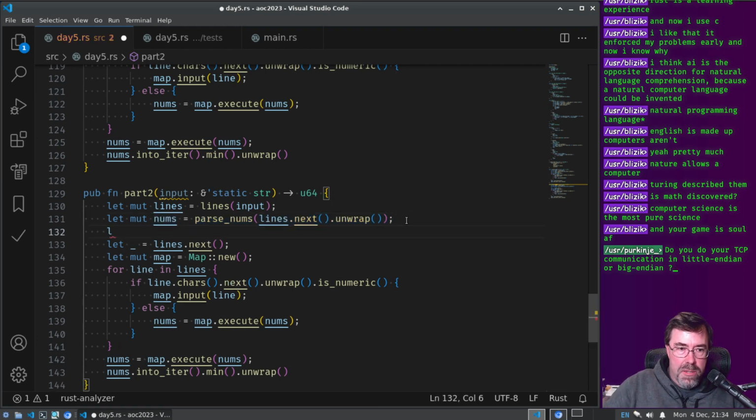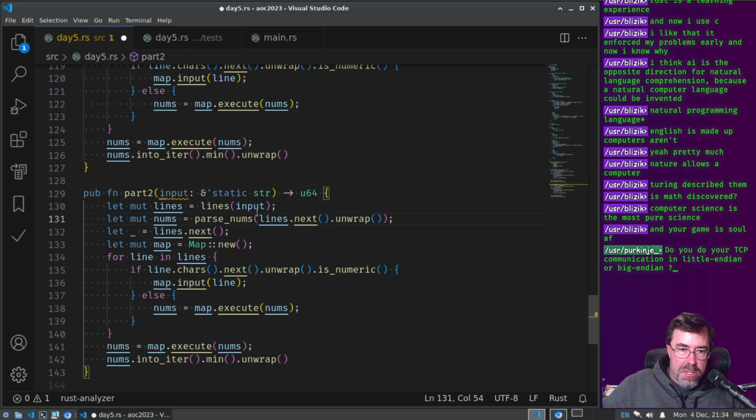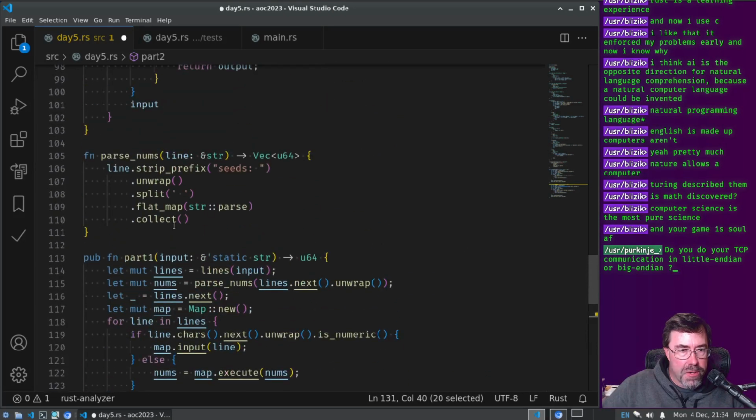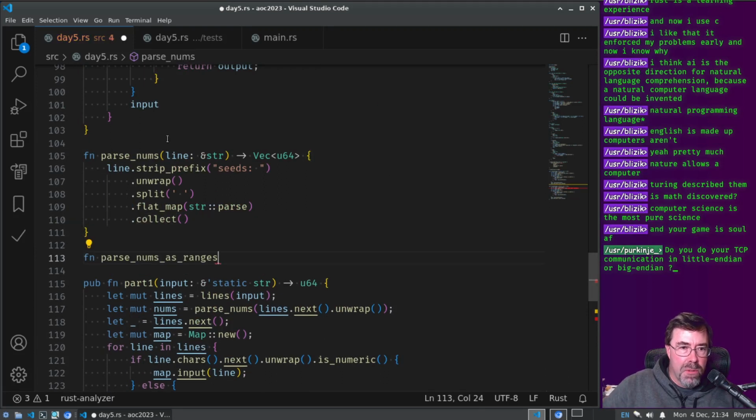So let nums equal... actually, why don't I just say nums as ranges, and then we'll just make another function. Where did I put the first one here? We'll just read this indifferently.